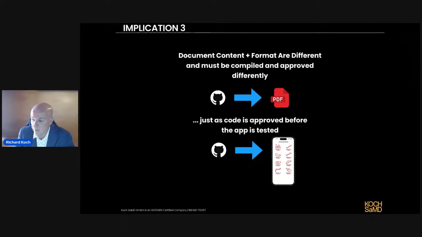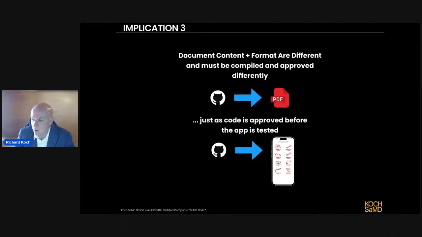So the world's moved on and the world has really flipped, where documents or the final format are generated from underlying content. So again, the analogy is we review our code and our compilation of code via the Git tools and via pull requests and testing in the branches, all these sorts of things. And we compile it and then we test the compiled version. So there's an analogy there of approving the content and then approving the final version for our code, which is the whole purpose of 62304, formalizing that process.